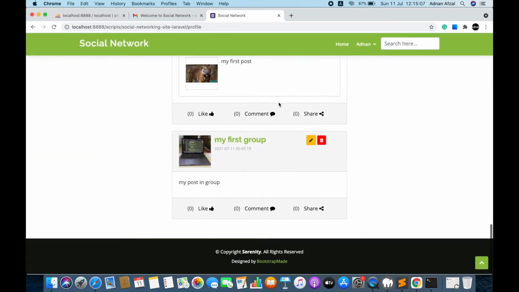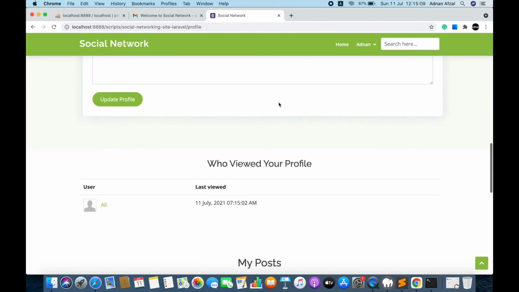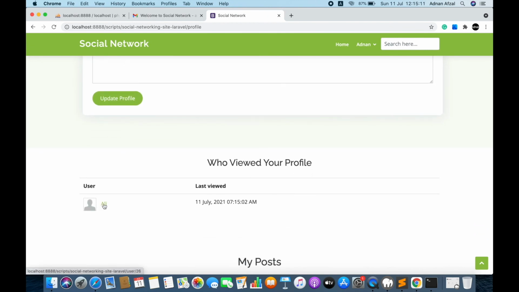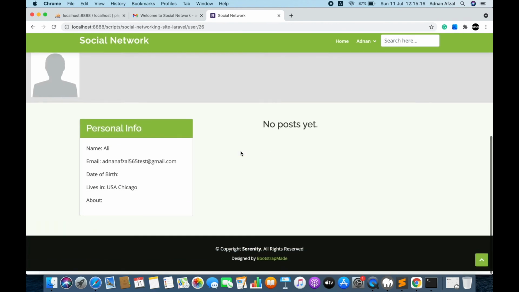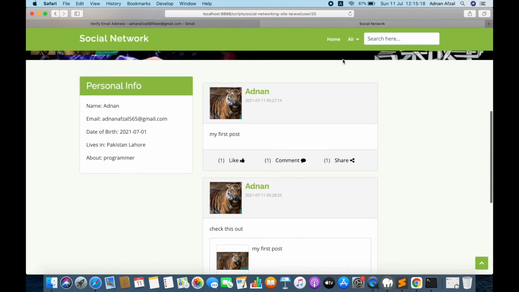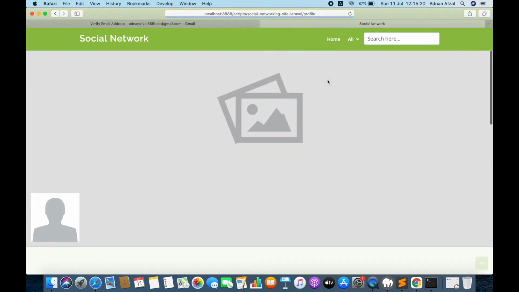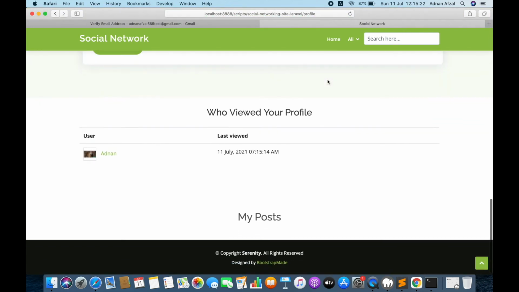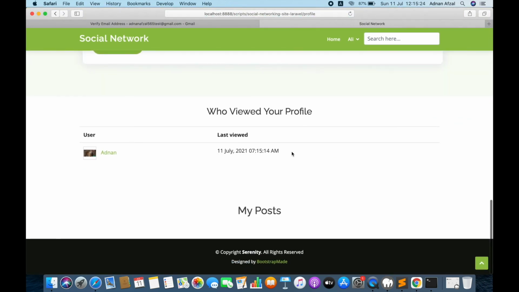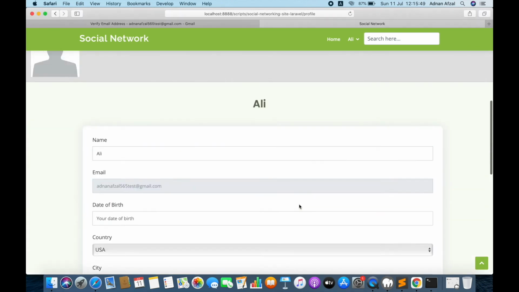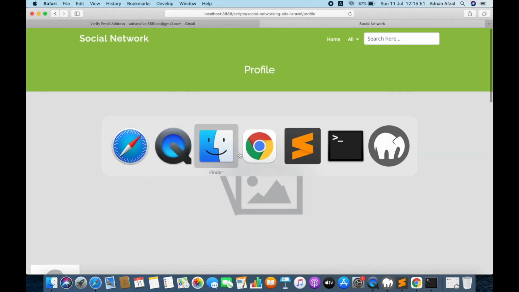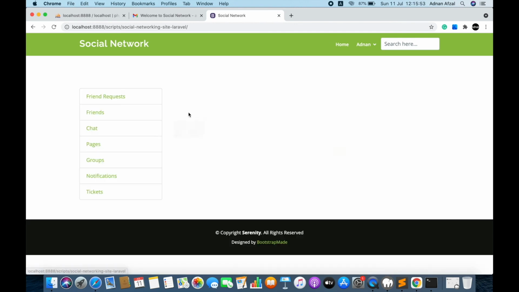The other person can go to his profile page and see a list of all users who had viewed his profile along with the time last viewed. And if the other person viewed my profile, then I can see that as well, that he has viewed my profile. Also, I can view a list of all users who have liked my post.